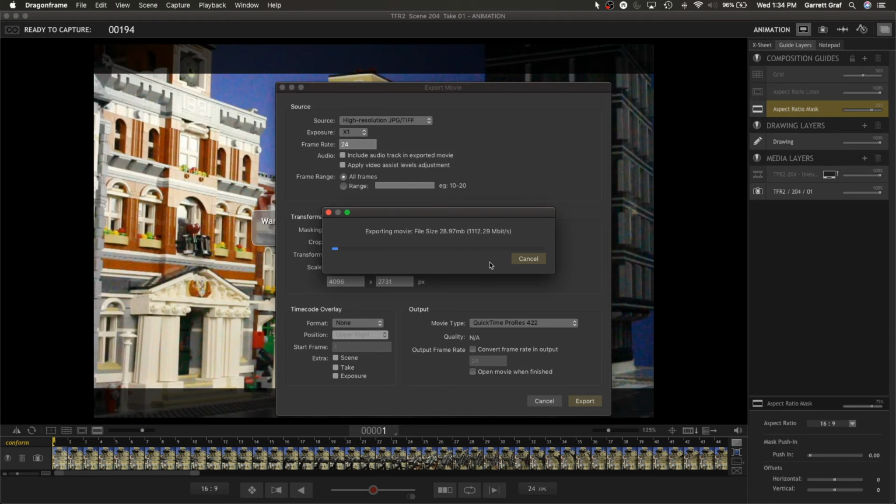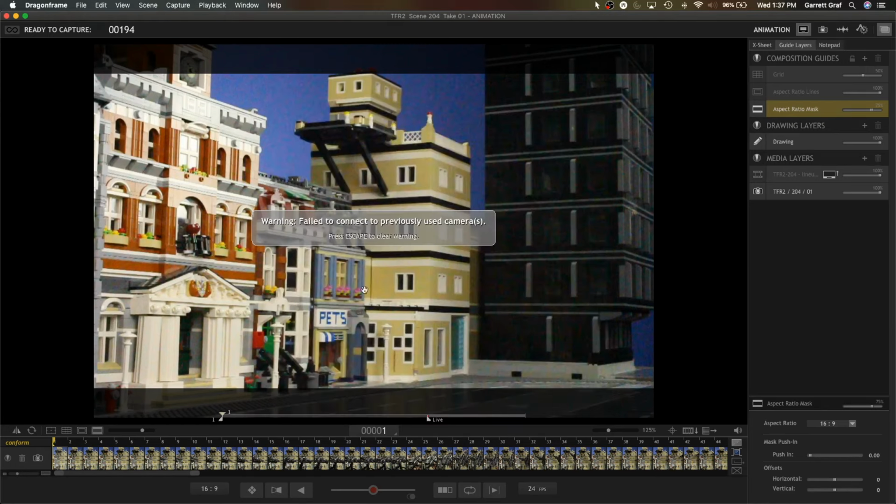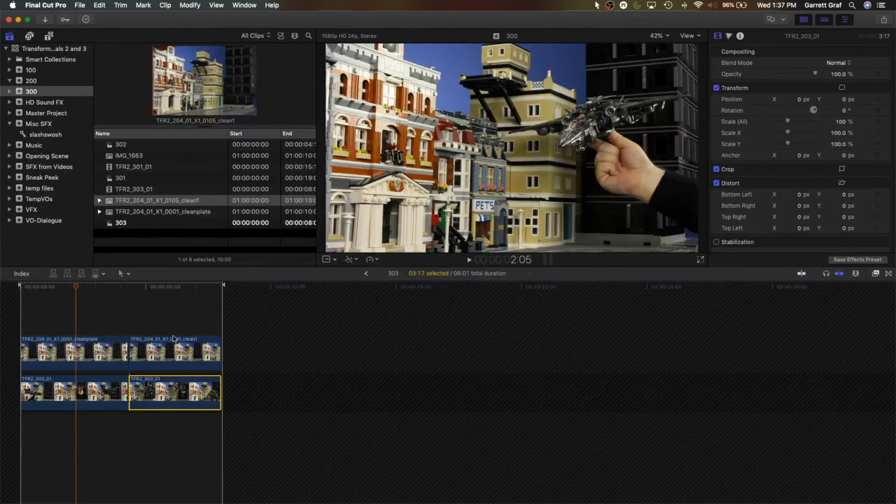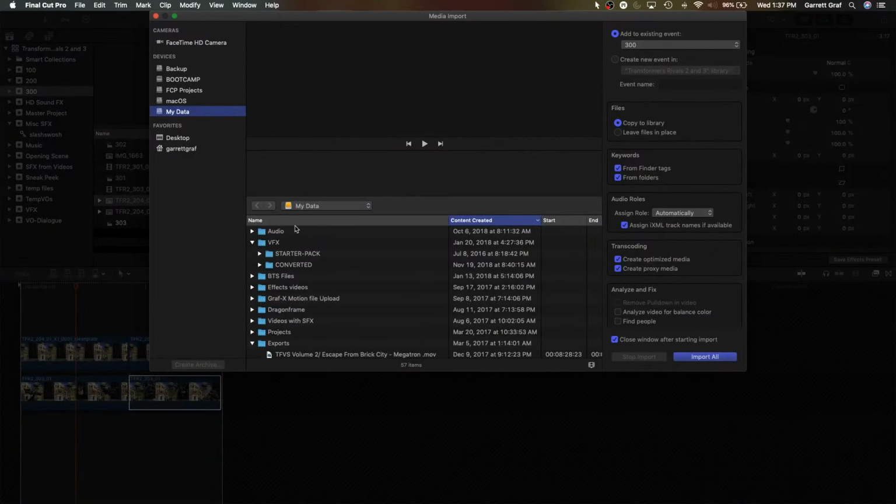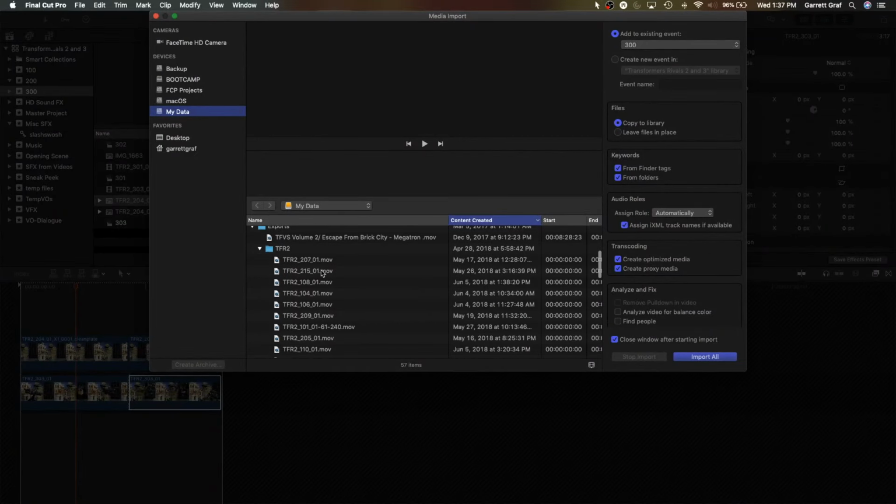Alright, I'll skip forward as soon as this is done, and we'll be right back. Alright, we're done exporting, so click OK, and we can go ahead and get out of Dragonframe. Don't need to be in there anymore, and then we just need to import that file I just exported now. So we'll go over to exports here, and